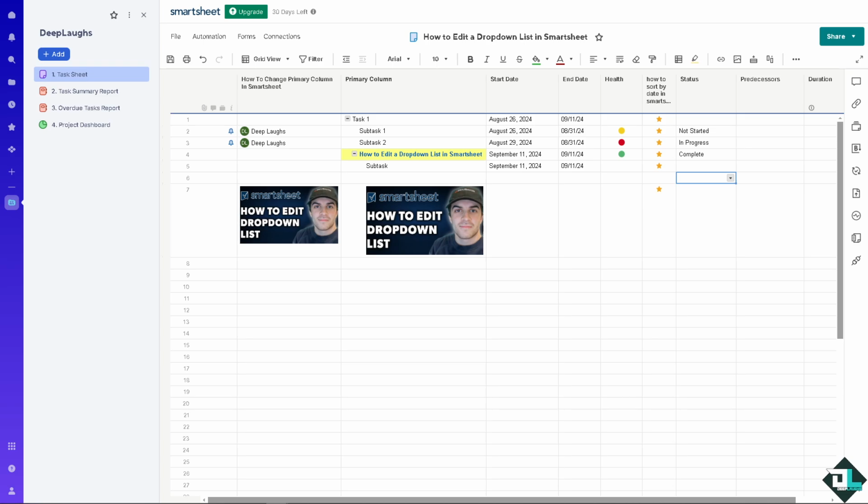Now, the thing with editing column properties is that it ensures that users select the most accurate data. For example, in this specific task, they put in progress. All right. Providing clear and relevant options helps guide users in making appropriate selections, leading to better data quality and